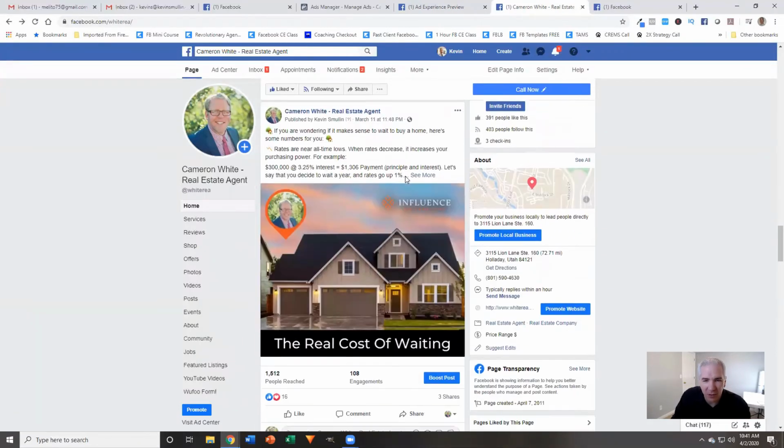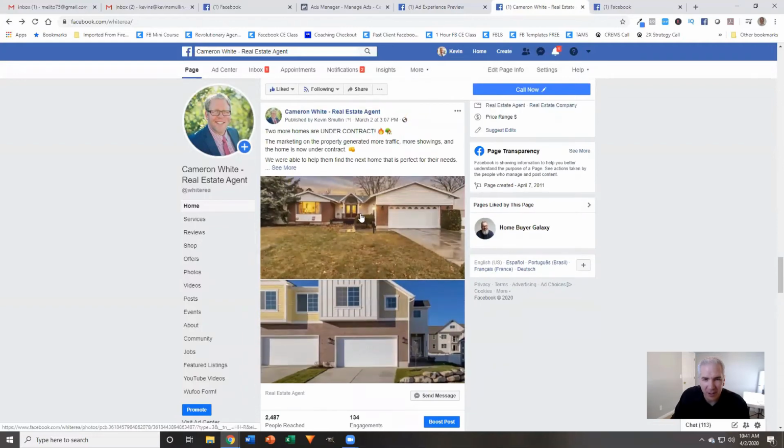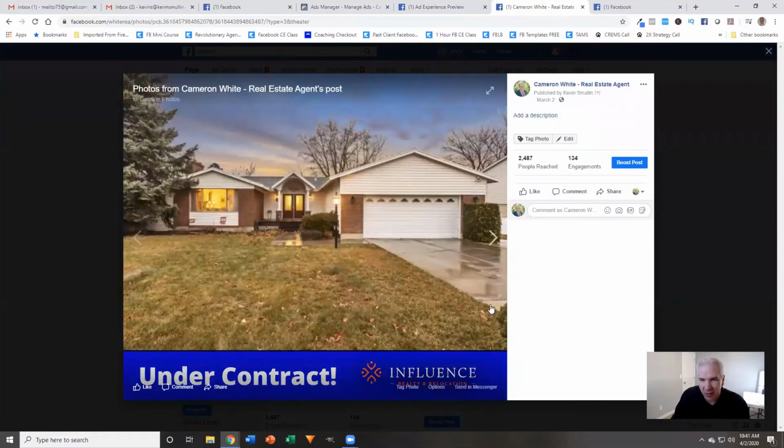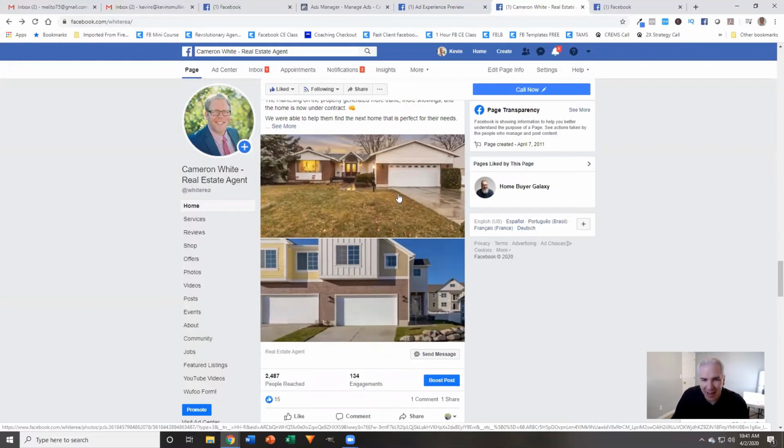Other things that you can be doing for your sphere of influence, again, that's kind of all around the same concept. It would be ads like this, where you're saying, hey, we just put these homes under contract, right? The great thing about ads like this is people get to see that you're successful and that people love working with you and that you do good work. And so again, these ads are not going out to the general public. It's going out to their SOI and people that have been to their website. We're just retargeting people with this kind of content.